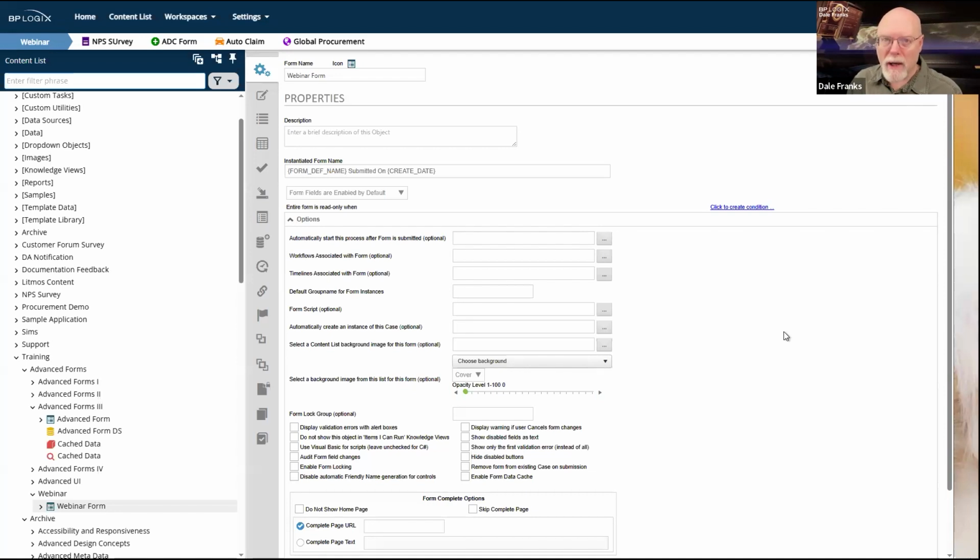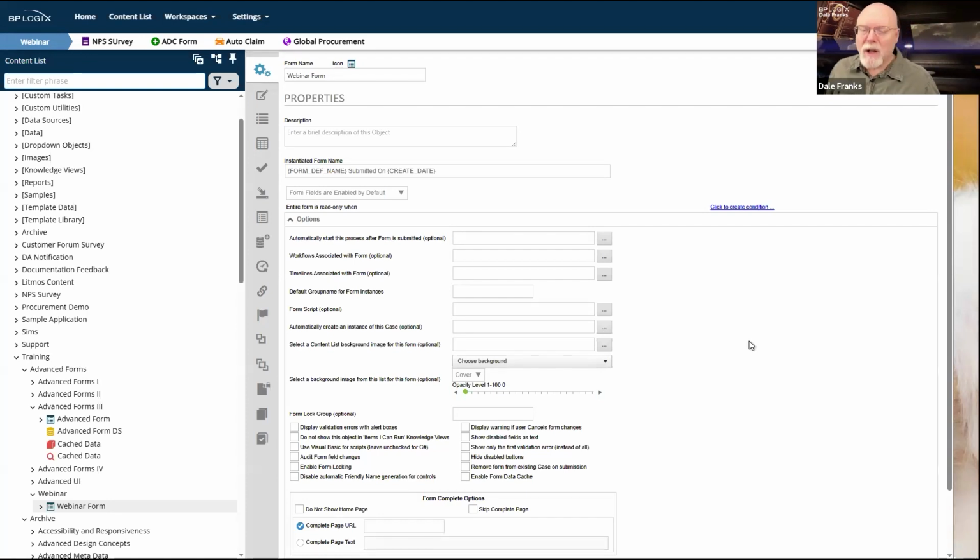Now, normally, if I want to look at forms and look at their form data, I'm just going to create a knowledge view, right? It's just going to take my form instances. It's going to display them for me. I can see the form instances in the knowledge view. If there are any form instances, I can click on their name in the knowledge view. It'll open the form instance for me directly. And that's great if all I really care about is taking a look at the form instance itself and popping it open for whatever reason out of a knowledge view.